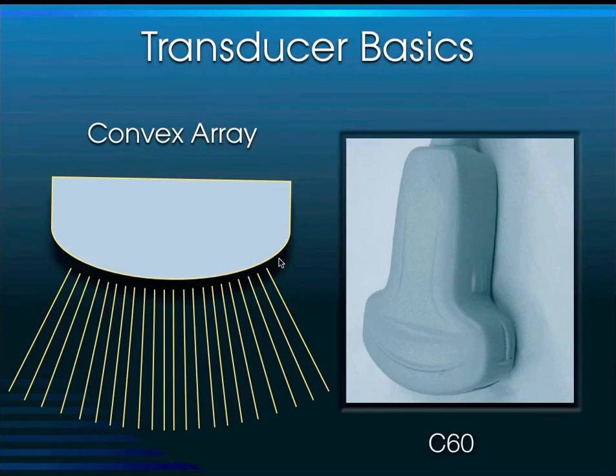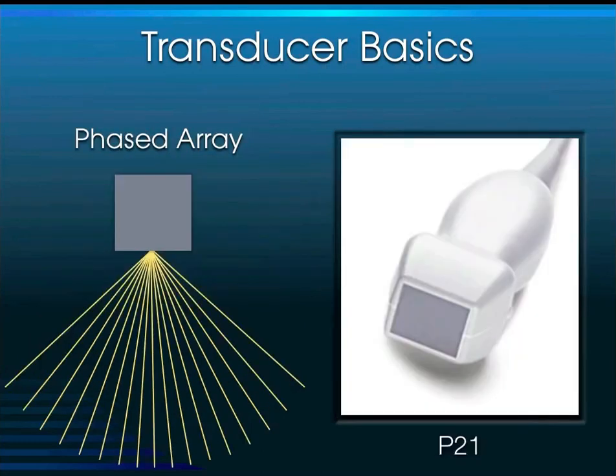Notice that anytime you're working with an array, the edges of the image splay out from one another and you lose a little bit of lateral resolution. So whenever working with an array transducer, it's important to try to center the structure you're looking at down the center of the screen to take advantage of the fact that the scan lines are a little bit closer together. It's not so much of a problem with the C60, but with the phased array transducers, where all the sound comes from a single source, the edges splay out from one another a little more,